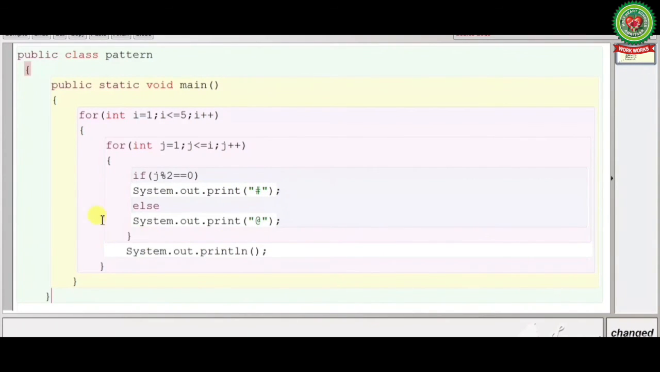Again the value of j will be incremented. The value of j is 3 now. So 3 less than or equal to 3, the condition is true. If 3 modulus 2 is equal to 0, this condition is false. So else it will print @. Again the value of j is incremented, that is 4. Now 4 less than or equal to 3, the condition is false. So this inner loop is false now and the cursor will move to the next line with